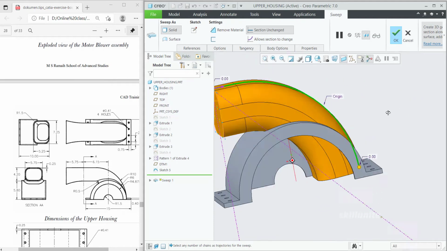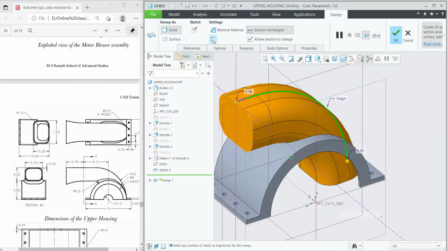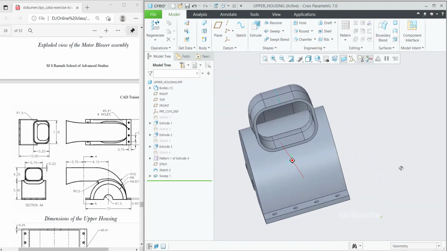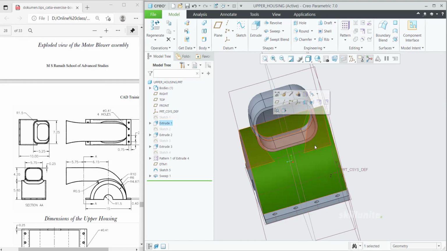Okay. So now also you can add thickness and make it hollow. Okay, like this. So we know the thickness, it is 0.25. So give the thickness over there and make it hollow and then click OK. So this is fine, but you can see this portion we need to remove. This we don't require.